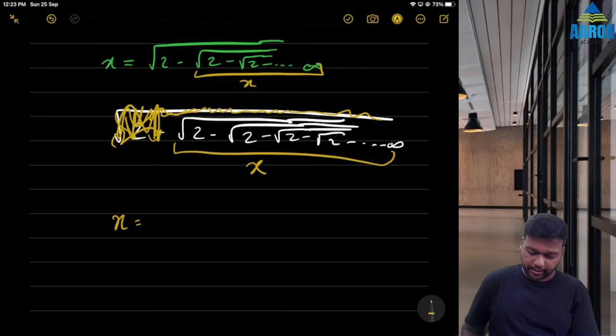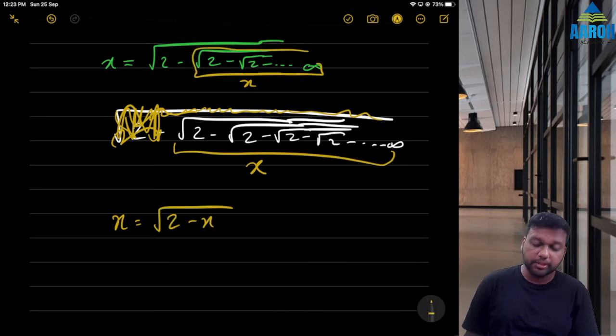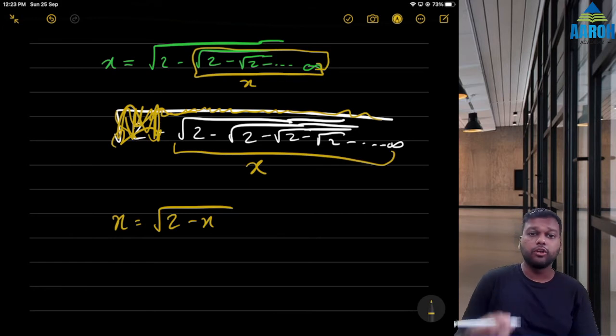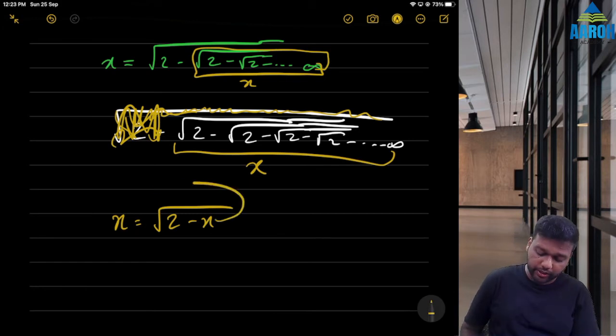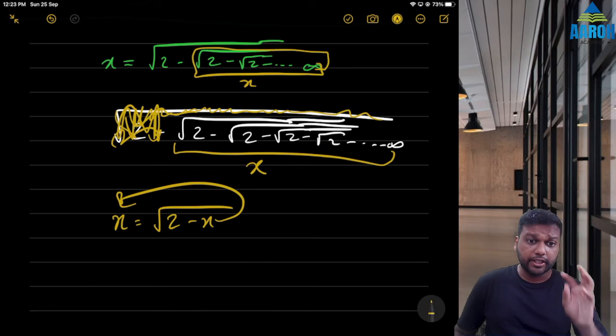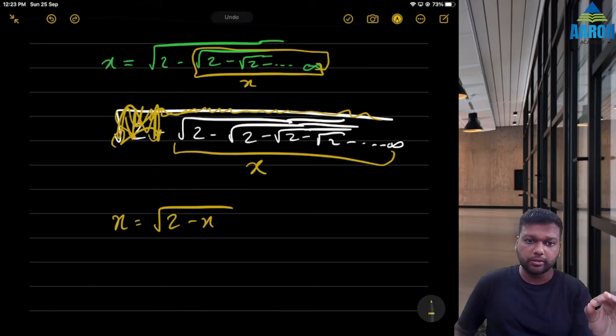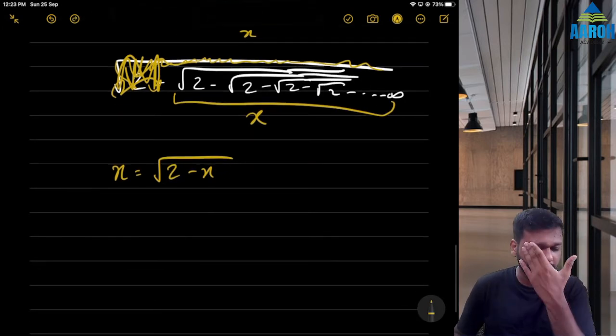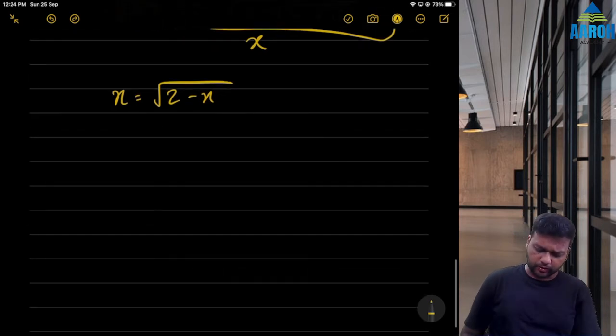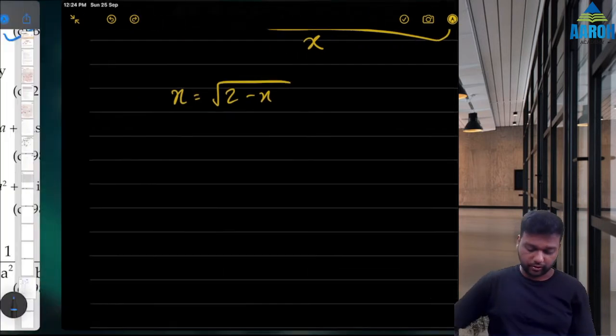So can I write x is equal to square root of 2 minus x? Why? Because this inside term is nothing but x. So x is equal to square root of 2 minus x. So we are defining x using x. This is a concept which can be used in the chapter of probability also. So you can go through the revision lectures for that. Fine. So now we can just solve it, or